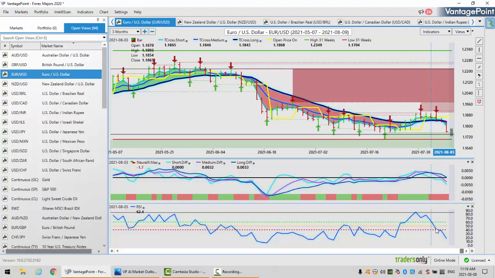The predicted RSI breaking down below the 60 level, not looking at overbought and oversold. Guys, no. We're looking for momentum from this indicator. So we modify the indicator and speed it up from a 14 period to a 9 period in the VantagePoint software, and then we modify the overbought and oversold conditions to 60-40. We're looking for that break to see if we've got momentum, and we did.